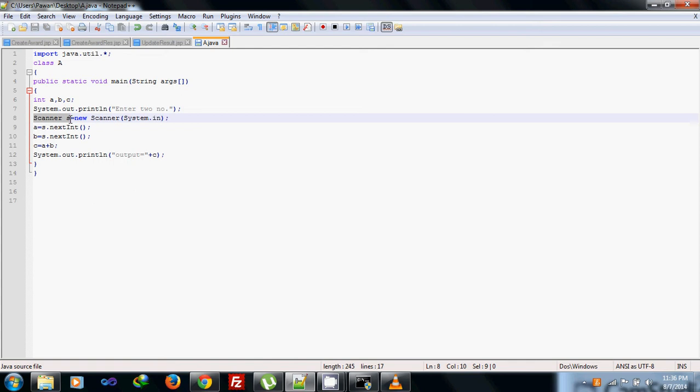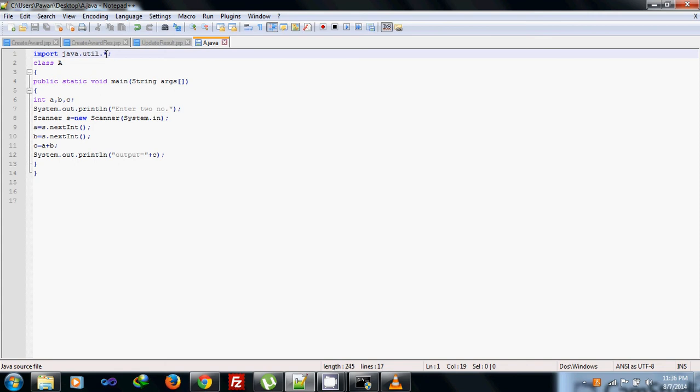It exists in a different package, so we have to import that package. For importing, we write the keyword import java.util. Util stands for utility. We can also write Scanner here,